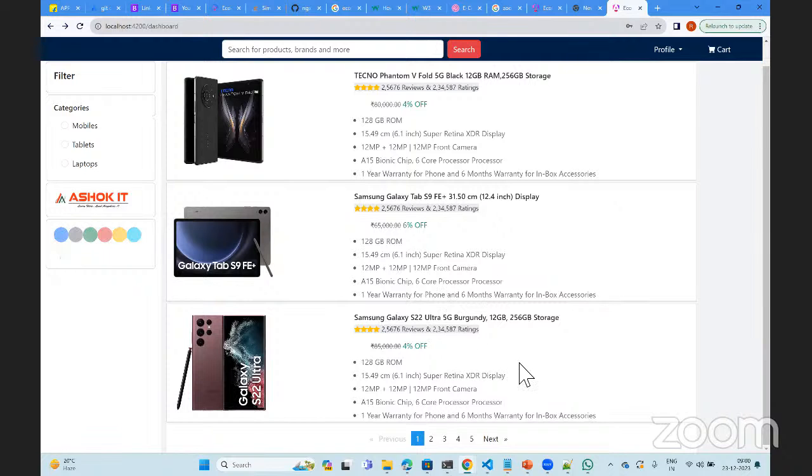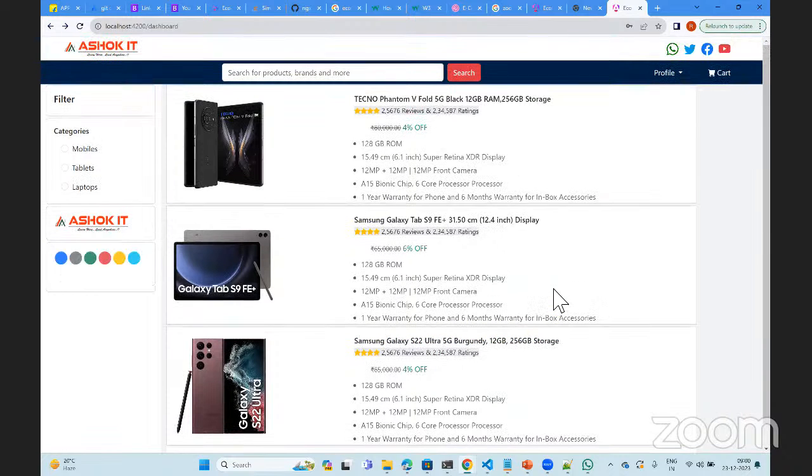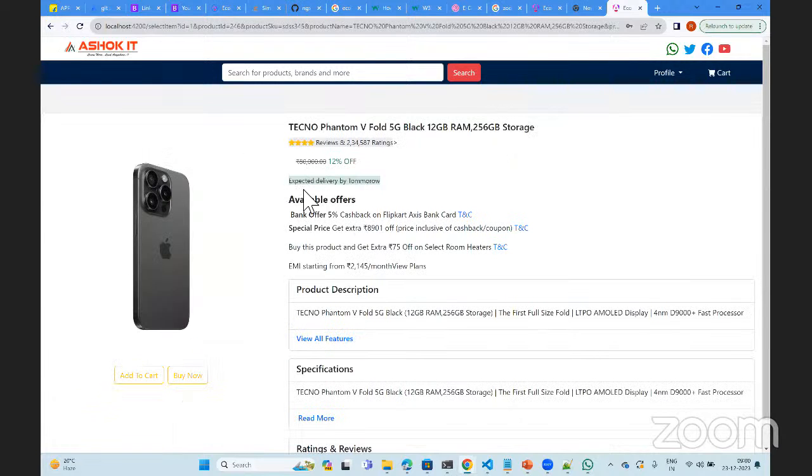All these kinds of concepts we are going to learn. Here we have displayed the cost, the discount percentage, and the specifications for this item. See here, expected delivery by tomorrow, the expected delivery date, and some other available offers. You can display these.